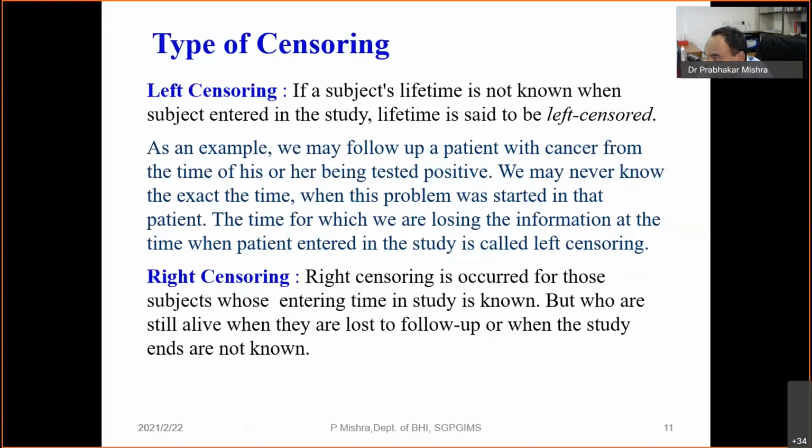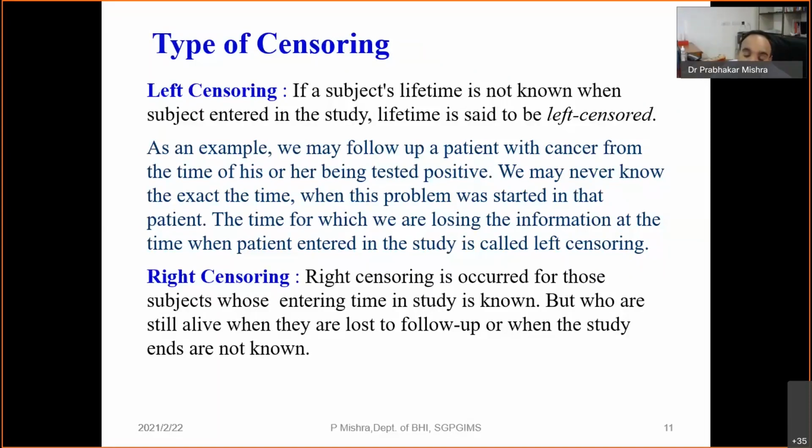It means the patient comes to the hospital for 6 months. Suppose the patient starts coming to the hospital. The hospital will definitely not send the police to call them. It means what will happen later: although we have included that patient in the study, we are unable to find out the location or status of that patient.